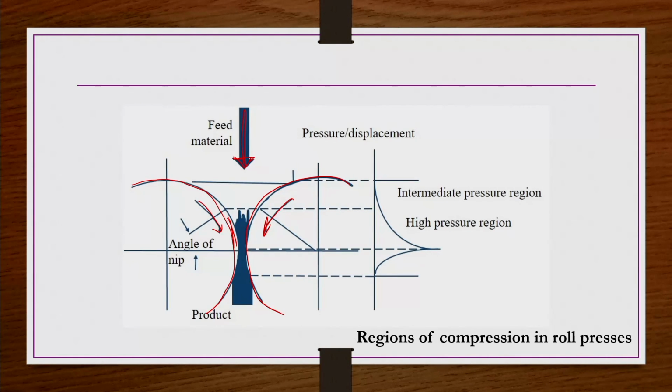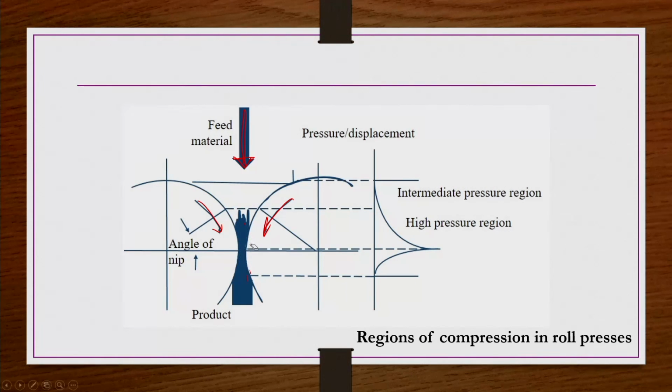These rolls are rotating in the same direction and at the same rotational speed, so that there will not be any friction. So the material that comes in between these two, there is a small gap. The gap is of suitable size, depending on what size of sheets or what size of tablets you want to get out as a product. So depending on that, the size between these rolls is controlled. The material that comes in here will be compressed and will come out from here as a kind of tablet.